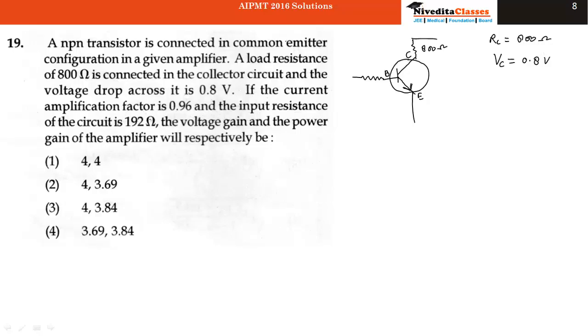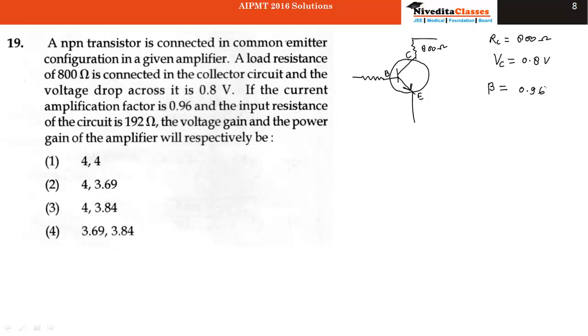If the current amplification factor is 0.96, we know very well the current amplification factor for NPN transistor in common emitter configuration, that is beta, it is given that 0.96,